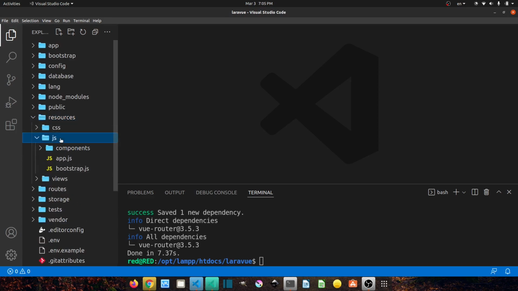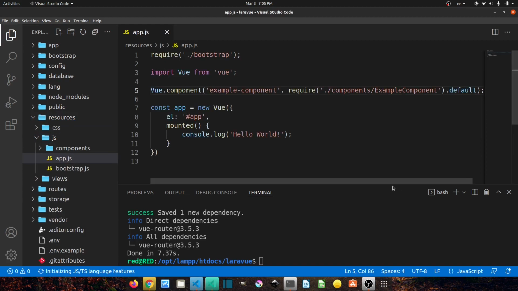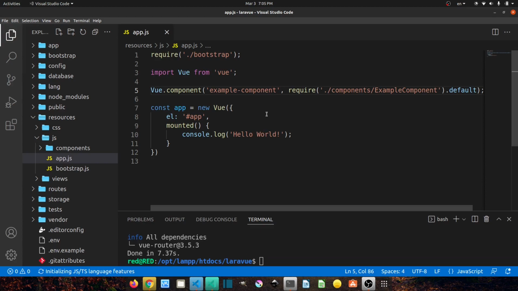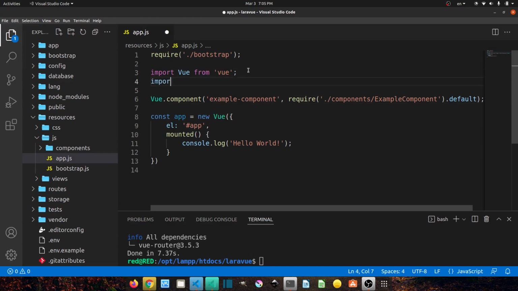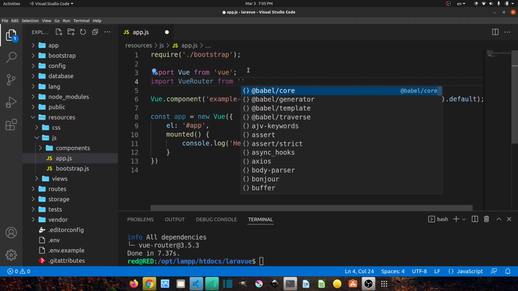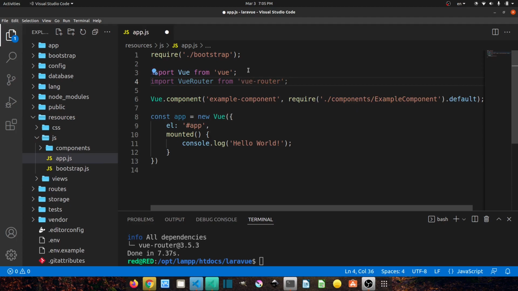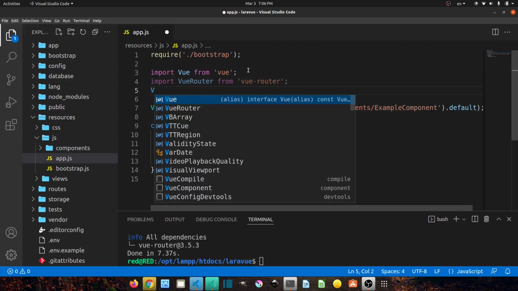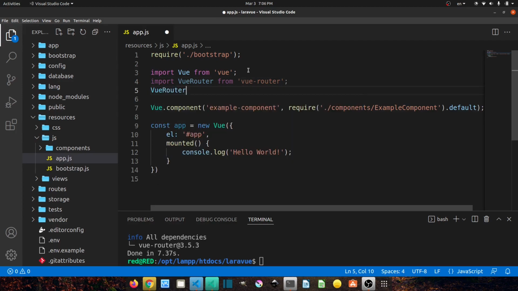So let's go to resources, JS, and app.js, because we want to make some changes or configuration in here. Well, first of all, let's import Vue Router. So at the top, after we import Vue.js, let's say import VueRouter, let's capitalize the V, VueRouter from vue-router, and after that let's use it. So we can say Vue.use, and inside parentheses now we can pass VueRouter,